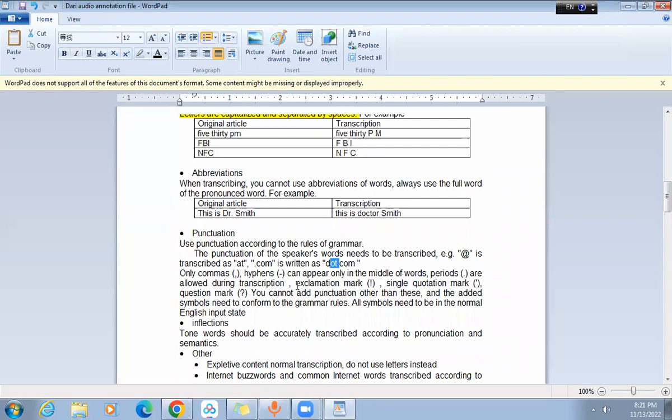Okay. If you are doing any punctuation in the sentences, so only commas and hyphens, the commas and hyphens of the Dari language. The commas and hyphens will be used only in the middle of the words. At the starting and the ending, you can't